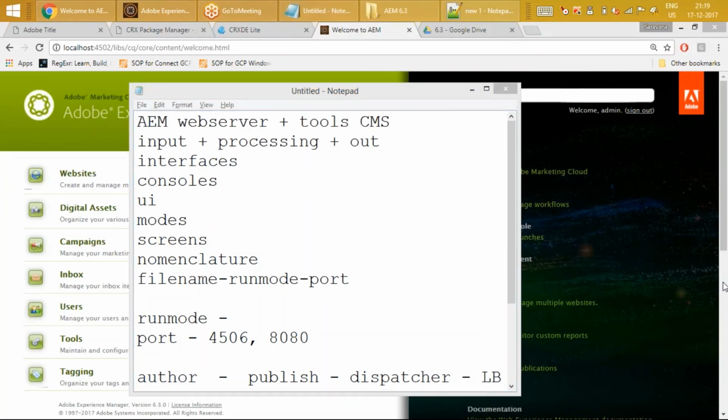Any system that you take always comprises an input unit, a processing unit, and then an output unit. In case of your computer, your keyboard is your input, your CPU is the processing, and your monitor is your output, right? Similarly, I am placing a request from the browser. Your input is going to be the browser, your processing unit is your web server, and your output is going to be your web page that is rendered on your browser.